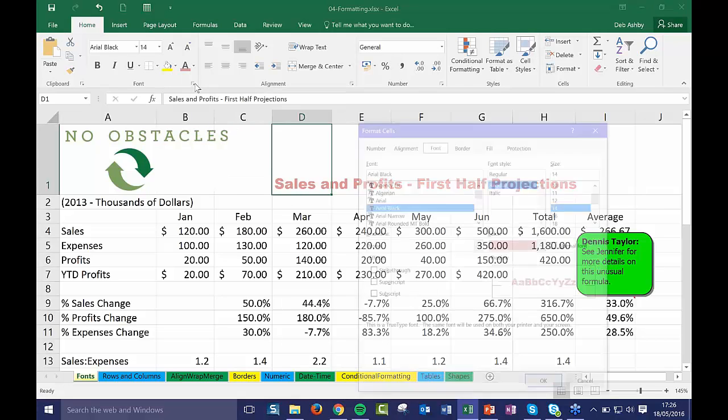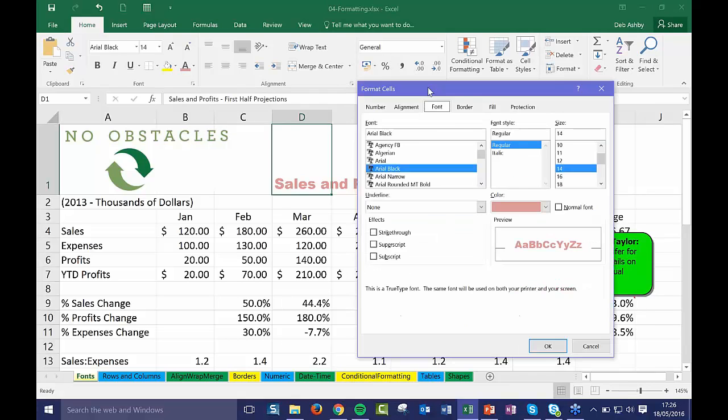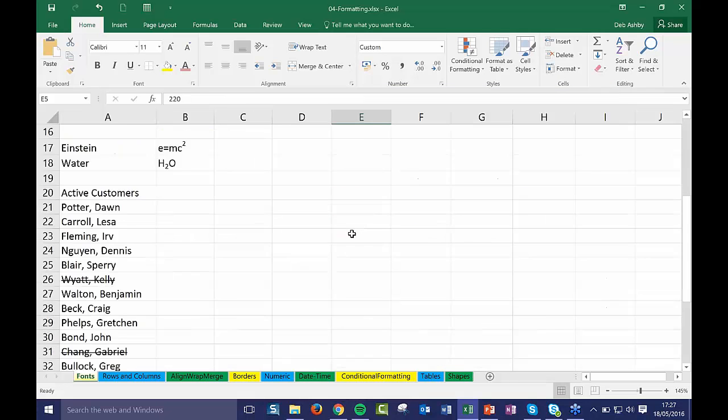If you click those little arrows in the corner of the group, it will take you through to your more advanced features, or for some of you who are used to using older versions of the applications, that will look more familiar to you. You're used to those kinds of dialog boxes and windows. So clicking that little down arrow will take you into that. So if you need to do a strike through, superscript, so on and so forth. And speaking of which, I think we have down here,